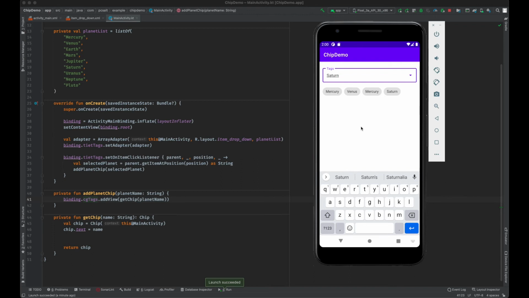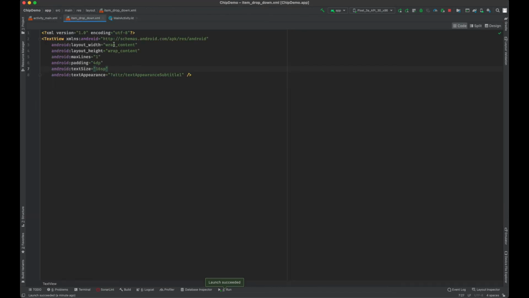So as you can see, this autocomplete text view is also typeable. So if you type anything, it will be displayed from the drop down. So let's see, if we type Mercury, just after writing ME, it is returning Earth. So whatever we type, it will be displayed here. The list item is not completely clickable, matching the width to parent.